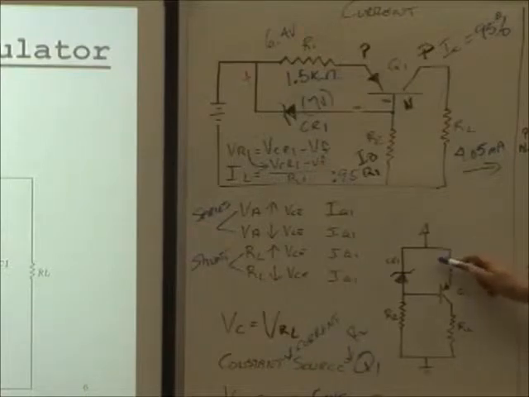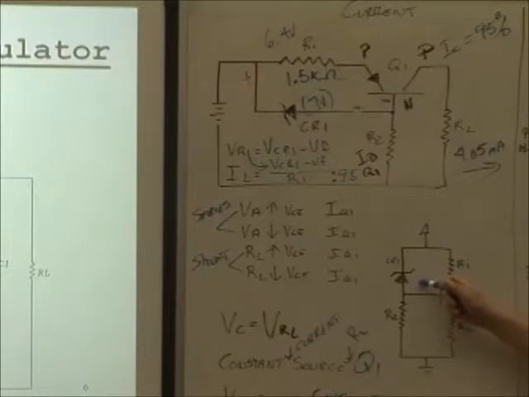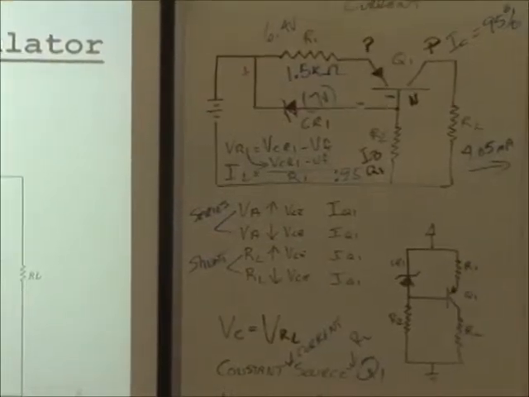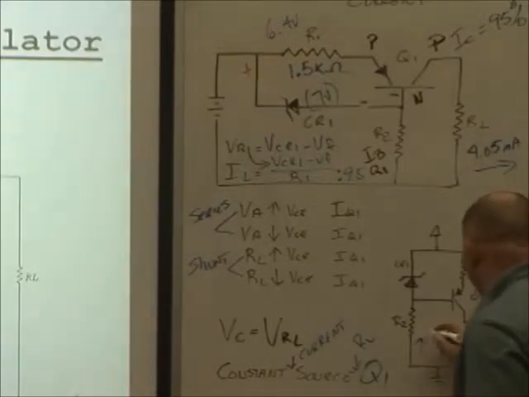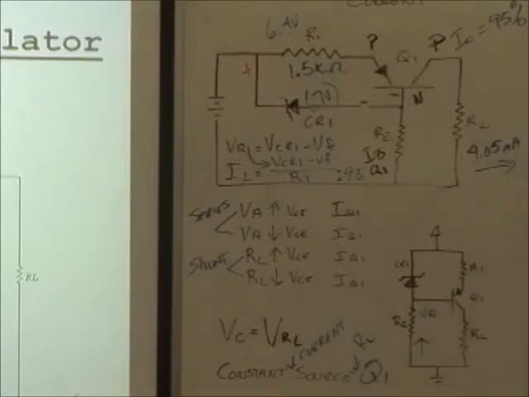Look here. This top part is pretty much locked in, isn't it? Yes, sir. Because I've got the Zener and I've got R1. R1's voltage drop isn't going to change much, is it? Yes, sir. So basically, you're dealing with the bottom half of the circuit. So if I have an increase in current, is VR2 and the base voltage the same thing? Yes, sir. So if there's an increase in VR2 due to an increased overall current in the circuit, I have